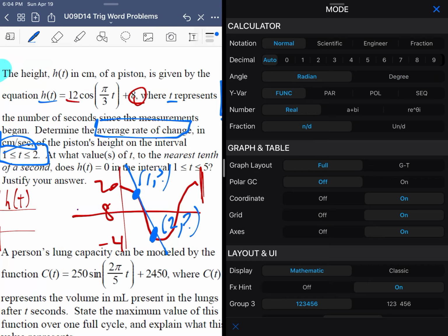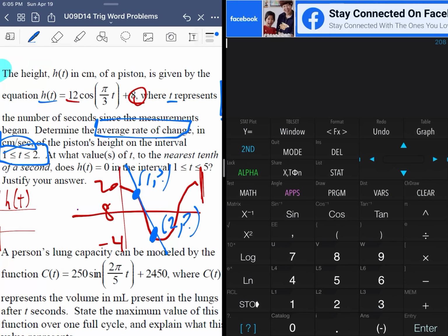Because in degree mode, 360 is normally how long it takes for a curve to complete its full cycle, but on radian mode, it does it at 3.14, or 6.28 at 2 pi on a regular curve. So we're going to enter the equation into the y equals menu. So I'm going to enter 12 cosine of pi,